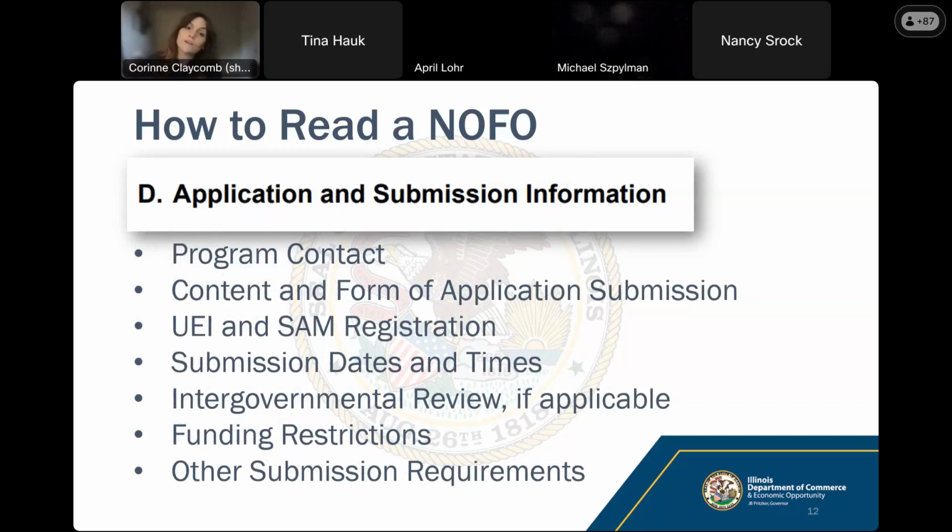Part D of the Notice of Funding Opportunity is application and submission information. I want to note that not one of these sections is more important than any of the others, but this is going to tell you how to submit your application, where to submit it, when to submit it, all this other information. So starting with the program contact, this is your point of contact if you have very specific questions